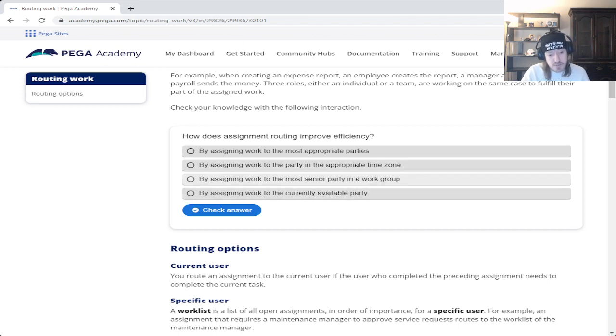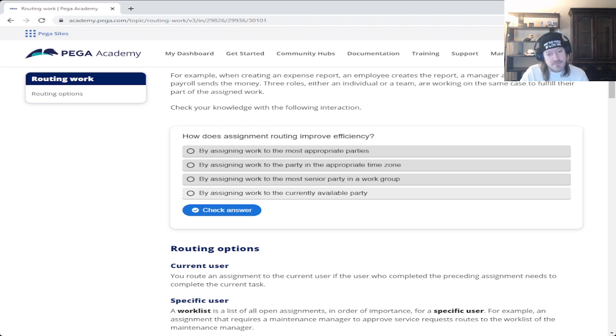By assigning work to the most senior party in the work group? No, not really. Because then you'd be assigning everything to the most senior party, and everybody who isn't senior would be without work, right? So that's not efficient. By assigning the work to the currently available party?